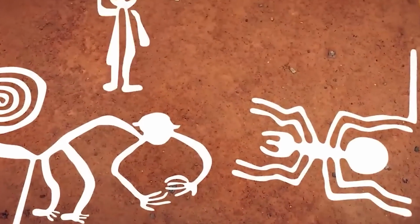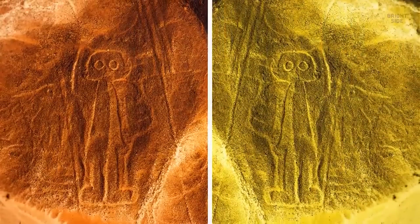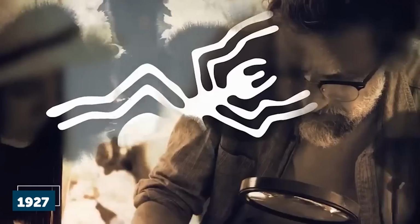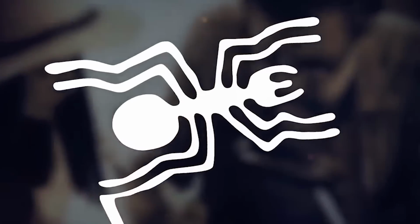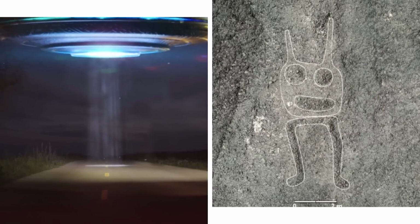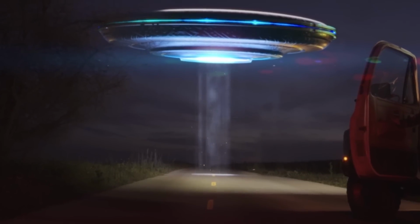They depict animals, plants, and even strange humanoid figures, including one often described as an astronaut. The lines were first discovered in 1927, but no one really knew for certain why they were created or what their true purpose was. Some people, especially conspiracy theorists, believed that the Nazca lines might have been made by aliens,